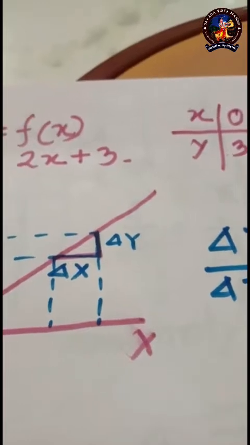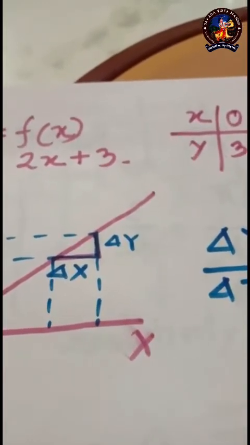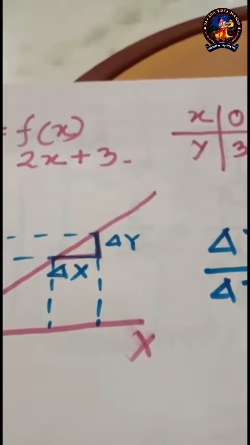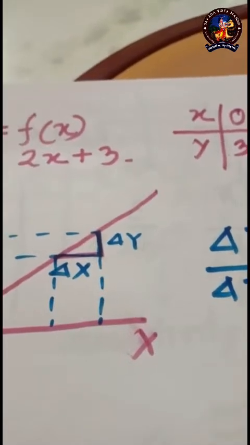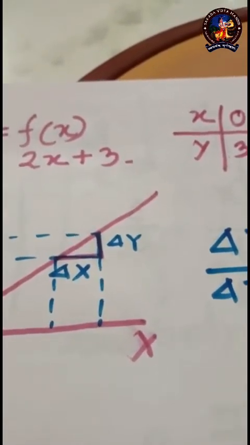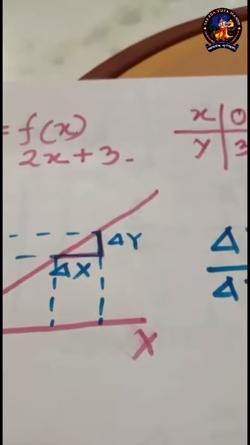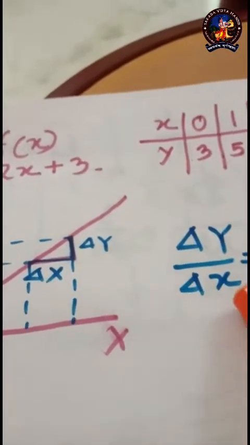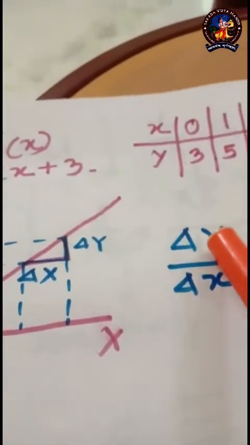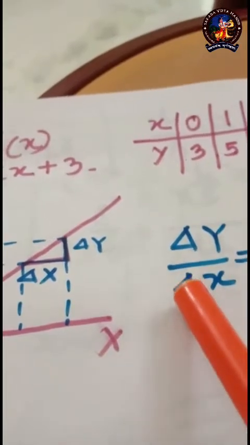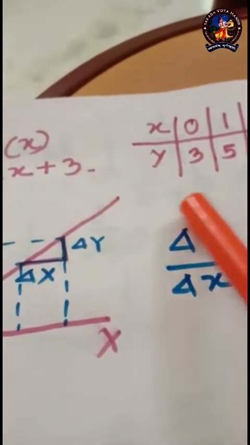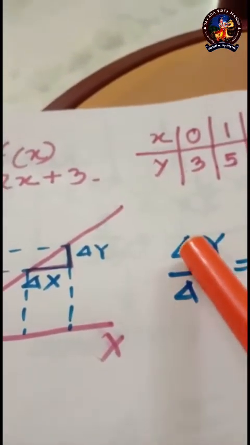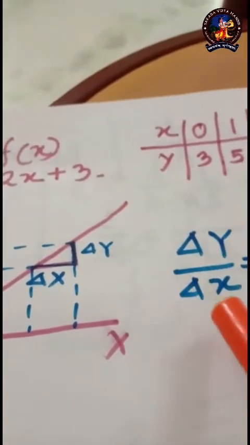So do you think the rate of change of your height when you are at the age up to 12 years, and if you are going from 20 to 30 years, will be the same? Obviously not, because up to 12 or 13 years you are in the growing period. So then the change of y with respect to x, that is the change of height, because I have taken suppose height on the y axis and your age on the x axis. So how to describe the slope for that very graph? We can describe the slope as the change of your height with respect to your age.